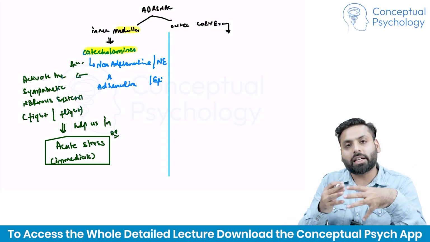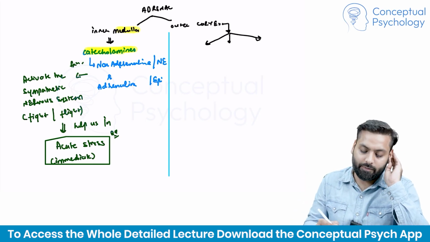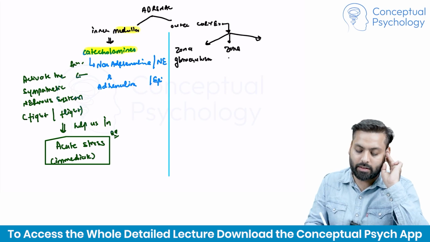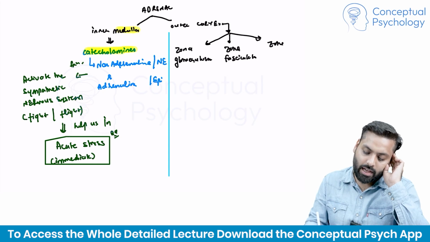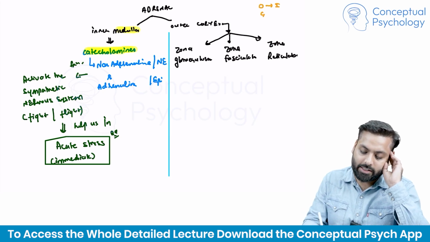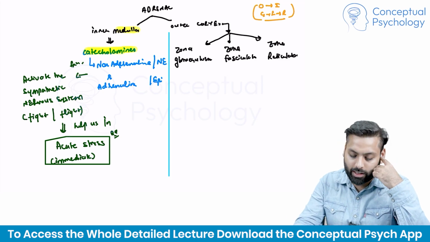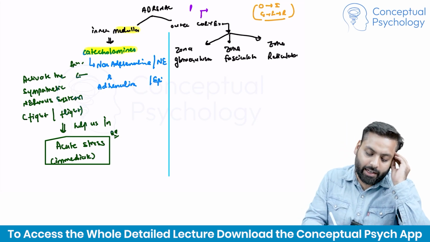The cortex is further divided into three layers, known as zona glomerulosa, zona fasciculata, and zona reticularis. Outside to inside, it is GFR. Remember, outside to inside it is GFR: zona glomerulosa, fasciculata and reticularis. The cortex releases